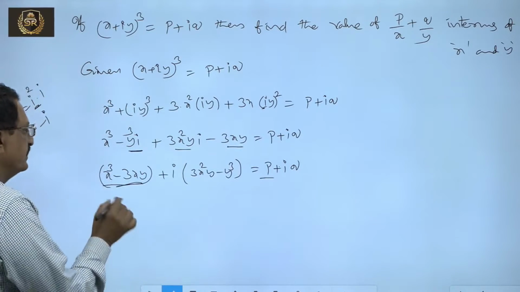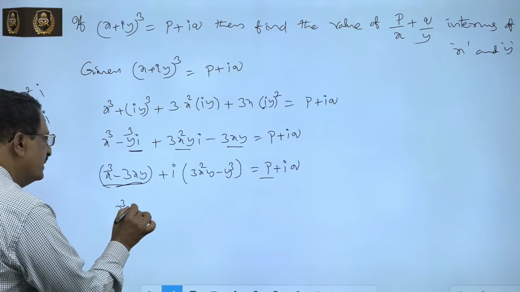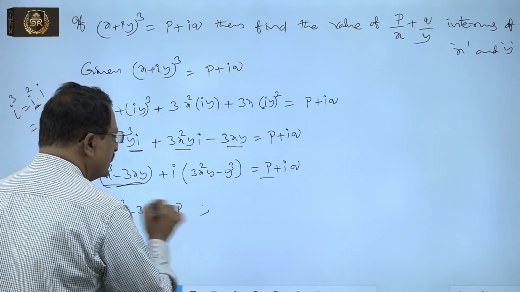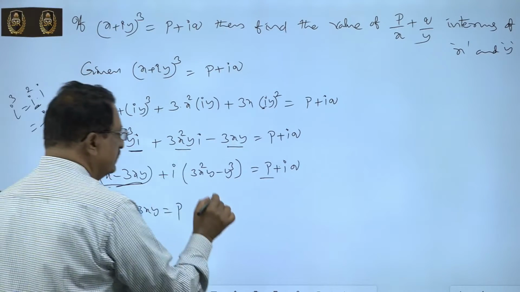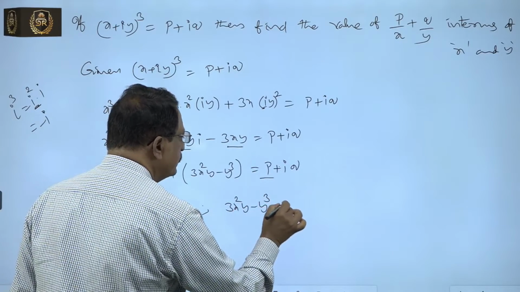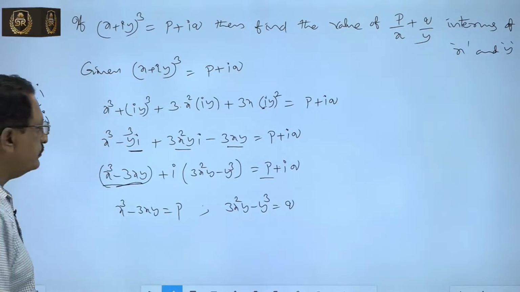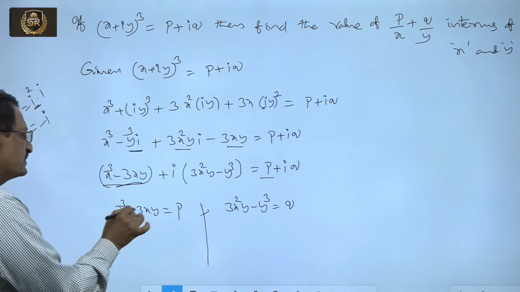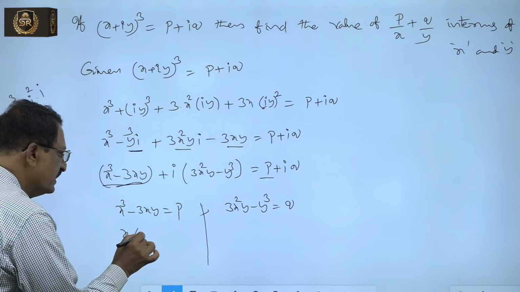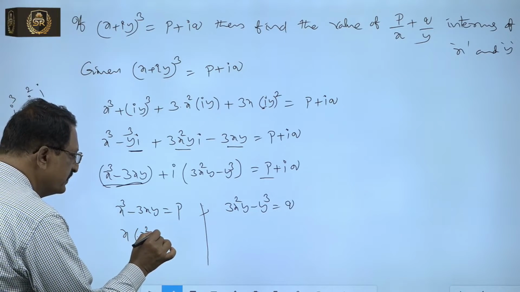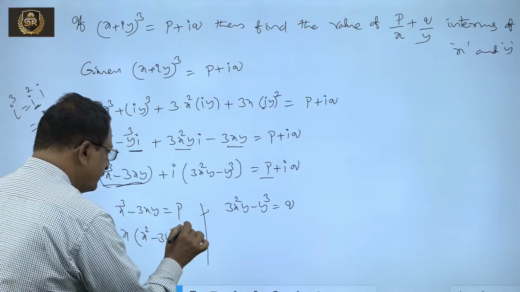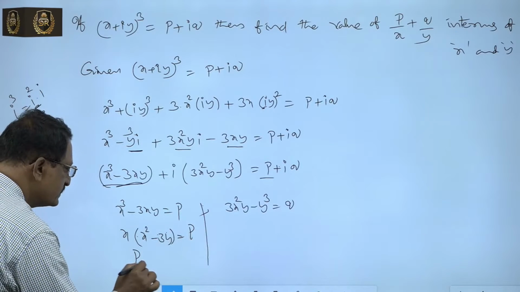Real parts: x cube minus 3xy equals p, and imaginary parts also equate: 3x square y minus y cube equals q. Now here x cube minus 3xy equals p. Take x common, x into (x square minus 3y) equals p. Now p by x equals